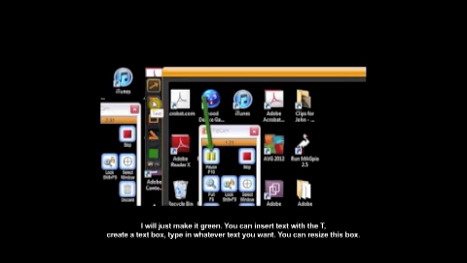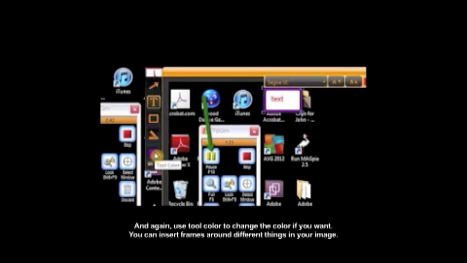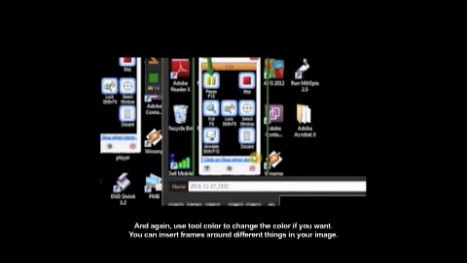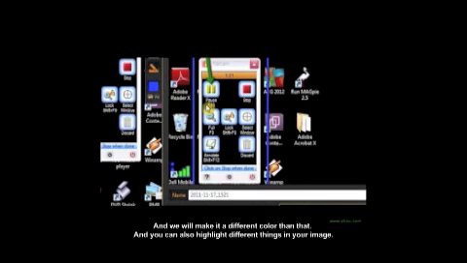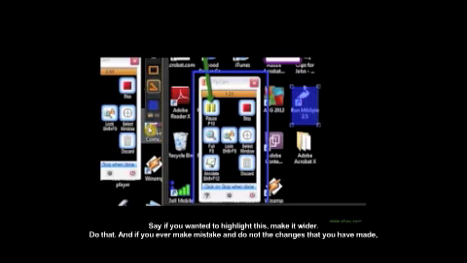You can insert text with the T, create a text box, and type in whatever text you want. You can resize this box. And again, use Tool Color to change the color if you want. You can insert frames around different things in your image. And we'll make a different color than that. And you can also highlight different things in your image. Say if I wanted to highlight this, get it wider,